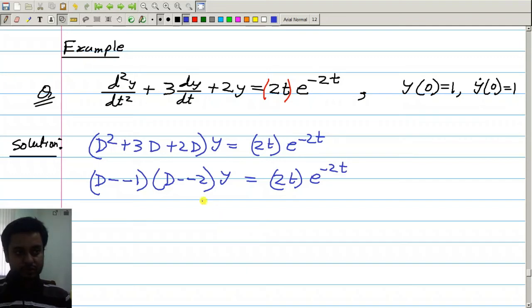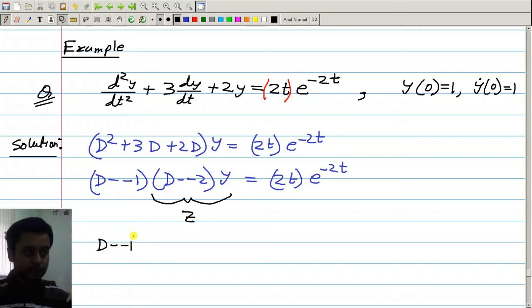Now you may again solve it by first defining this term as z. Then we have D minus minus 1 acting on z is equal to 2t e to the power minus 2t,